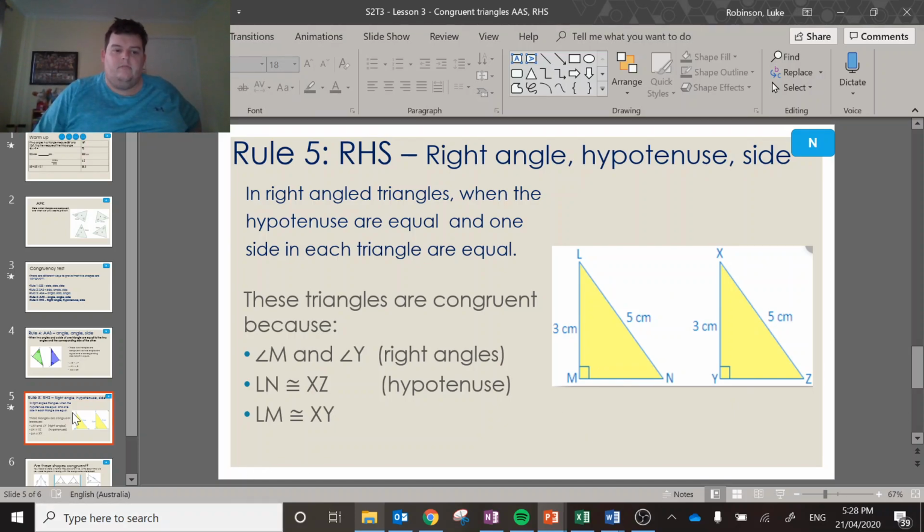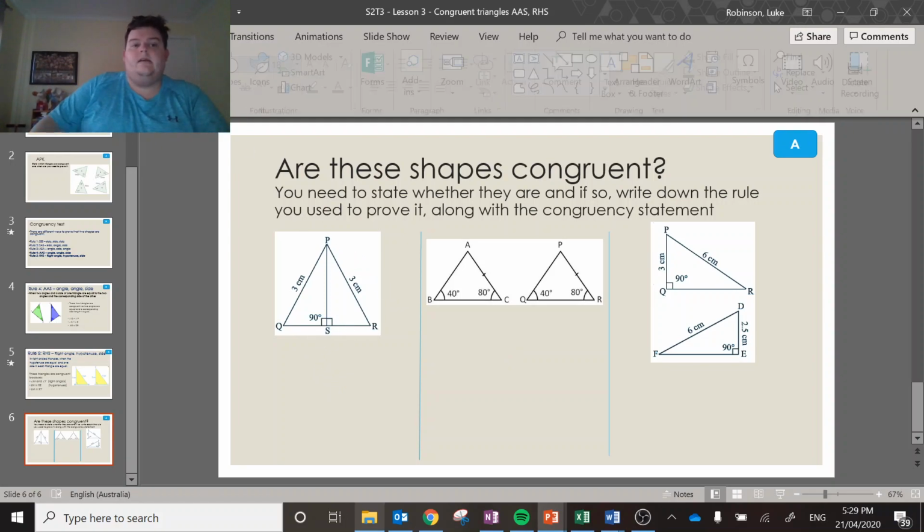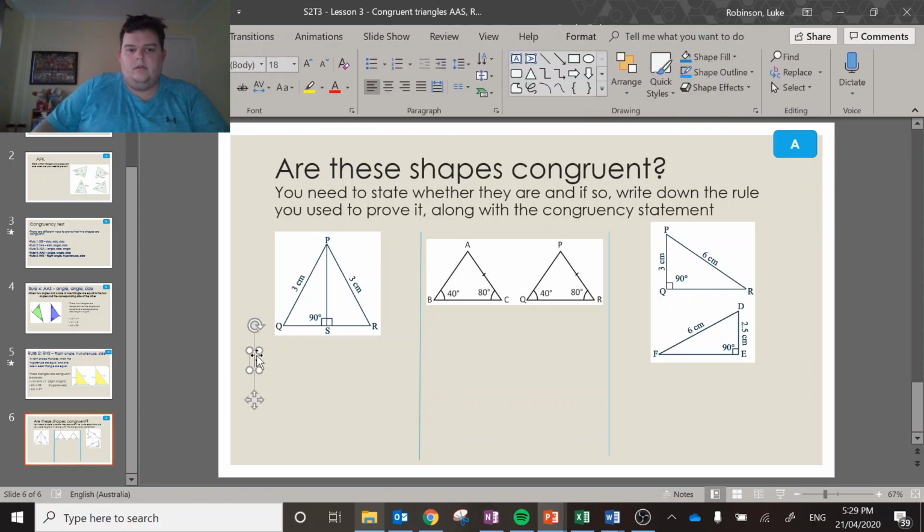Okay. I want you to pause this video here and give it a go and see if you can figure out whether these ones are the same or not. I'm going to quickly go through the answers on here in a moment. So pause it, give it a go. Right. I'm going to insert a text box here. So I can see that it says a right angle and a hypotenuse. So that tells me that